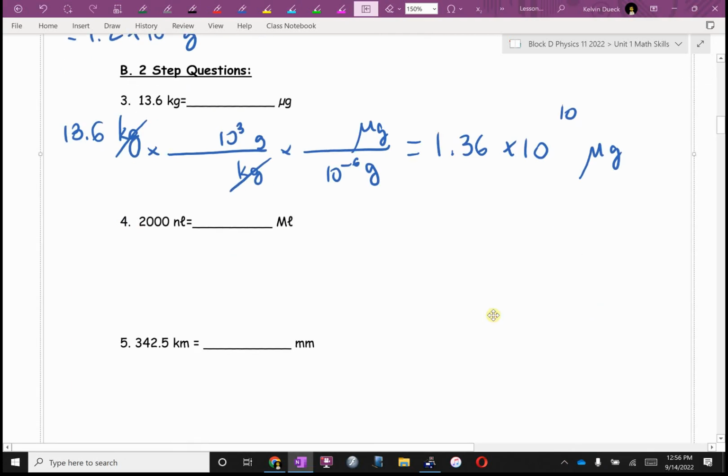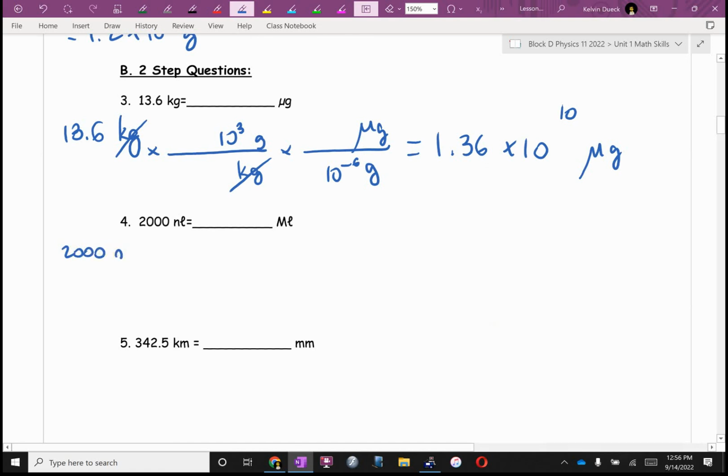Number 4. Nanoliters to megaliters. Logan, what am I going to do first? There's a common theme that we've been doing here for unit conversions. What's the first thing I'm going to do without even thinking about it? Write down what they gave me. Right? You with me? I know, you're playing catch. You're back? So, Logan, I'm going to write